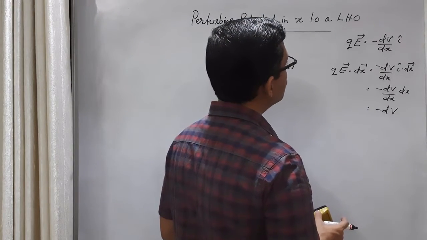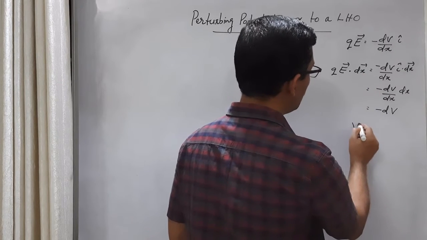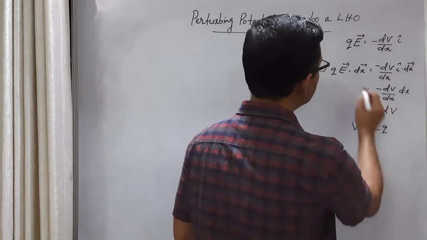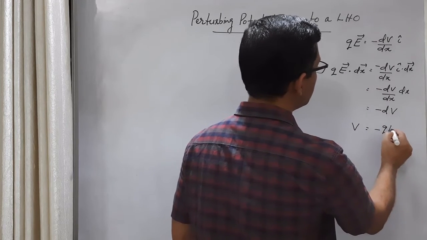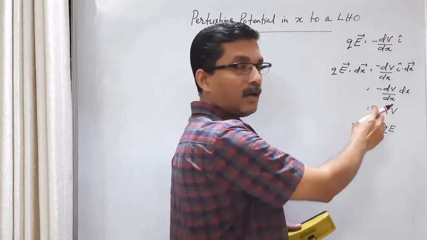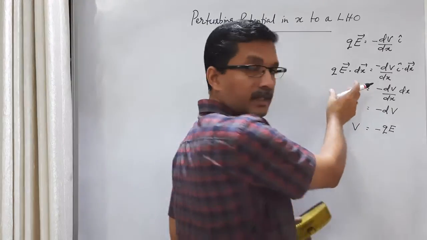Okay. So in order to get the potential, this is a uniform electric field. So the potential is minus QE dot dx. Since E and dx are in the same direction, this we can write as E dx. In order to get the potential along a distance, by a displacement x, we have to integrate this.